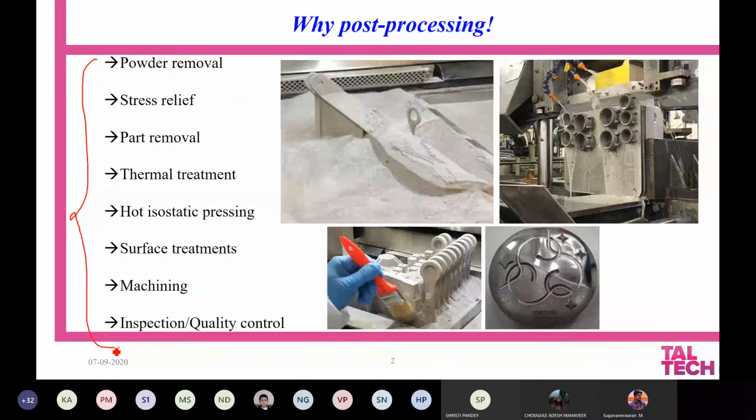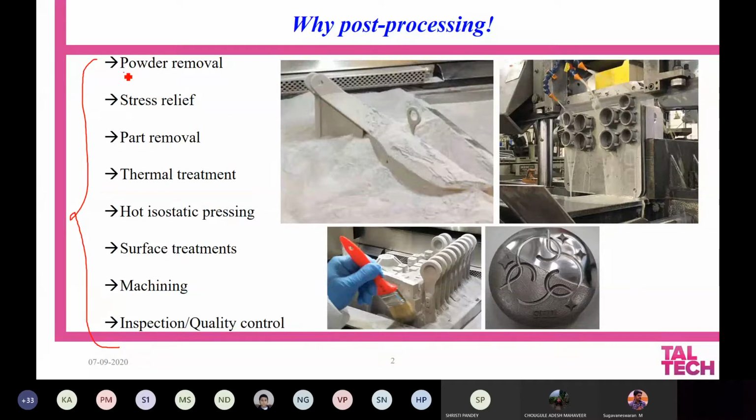First, whenever we use an additive manufacturing process, our raw material is going to be powder or wire. If it is going to be wire, we will not have any material wastage, or we may not have any excess material surrounding the part which is being produced. If it is going to be powder, then definitely we need to first remove the powder surrounding the part from the part itself.